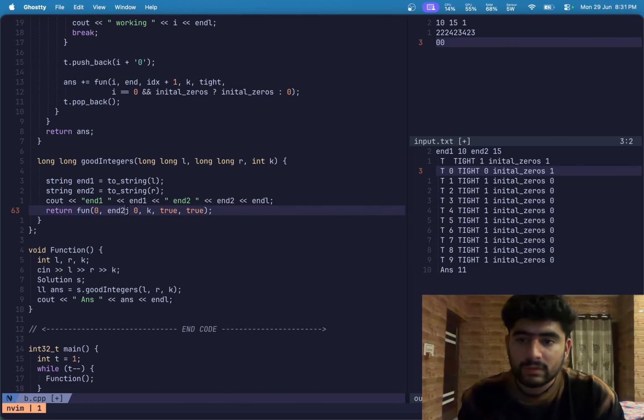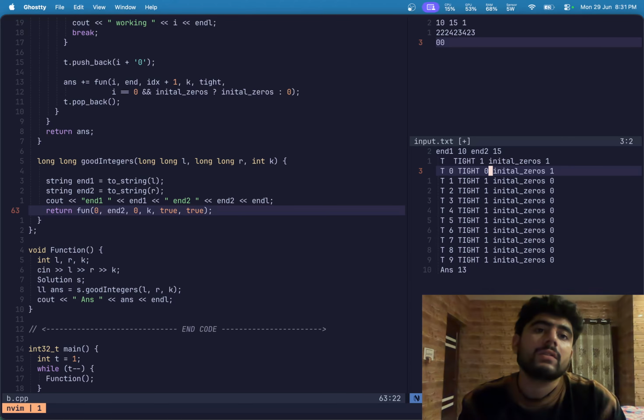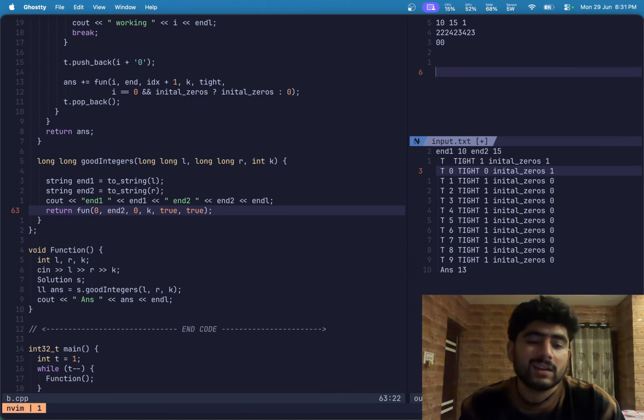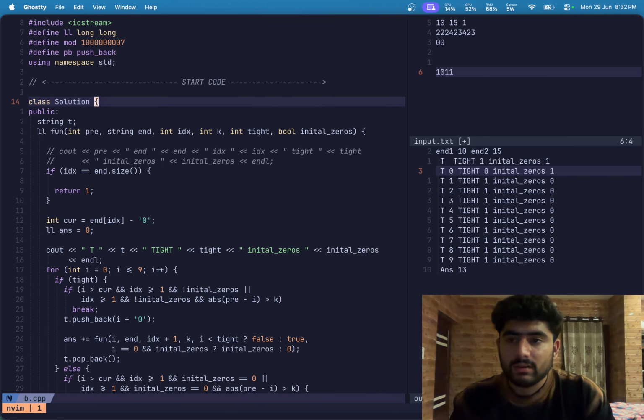For n and 2, what is the answer? For n and 2 the answer is 13. 0, yeah, 0 10. 10 means 10 11. After that 1 1 and 1 2. I think it is working fine. So yeah,